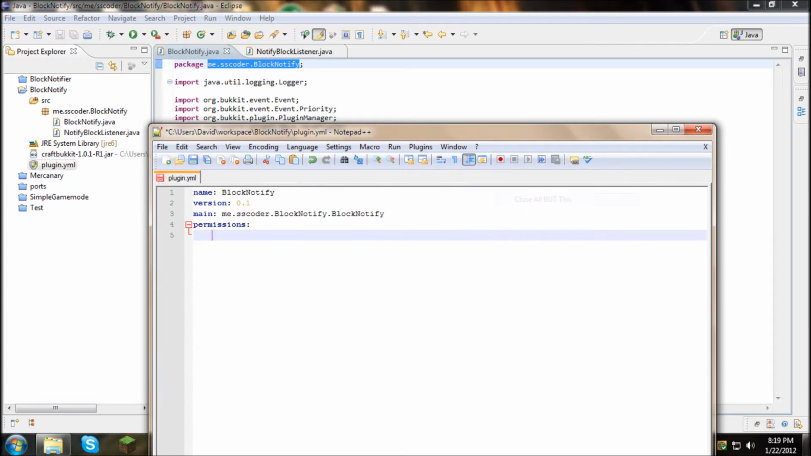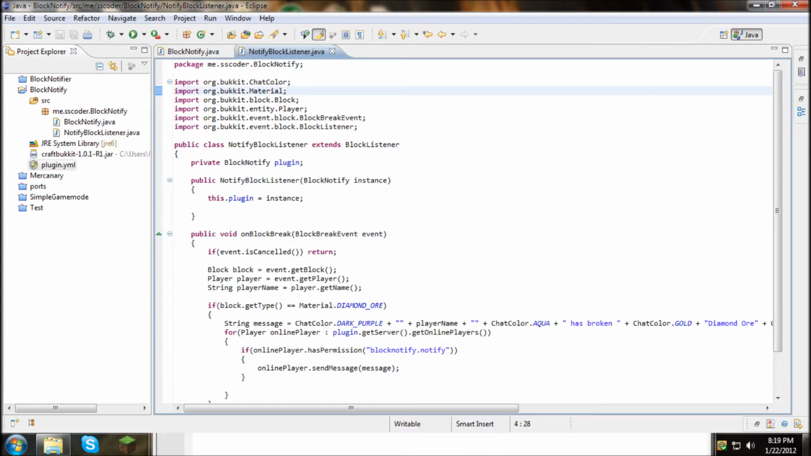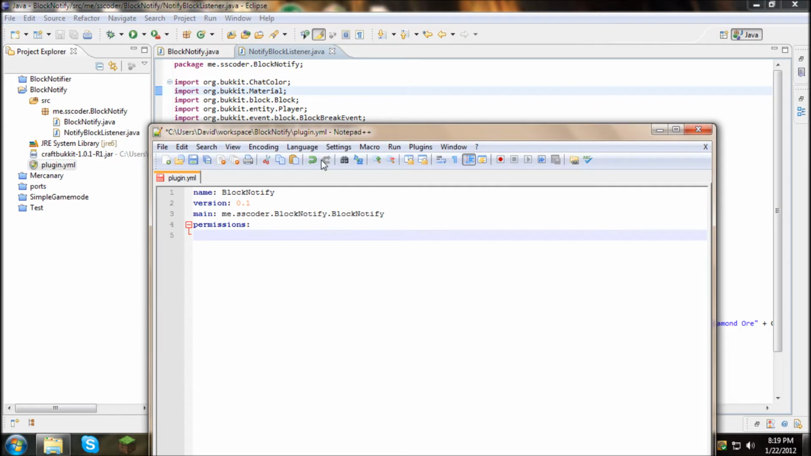And then our thing is block notify dot notify. So it's block notify dot notify colon. You gotta make sure you start at the very beginning of the line, so you just got to backspace. And then it's gonna be